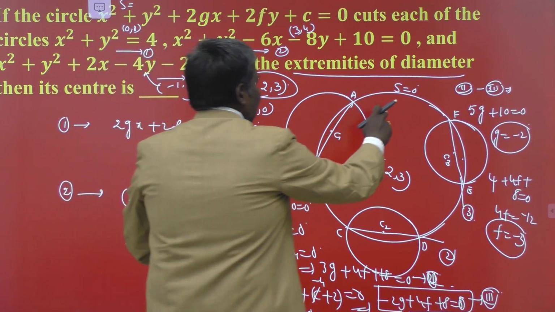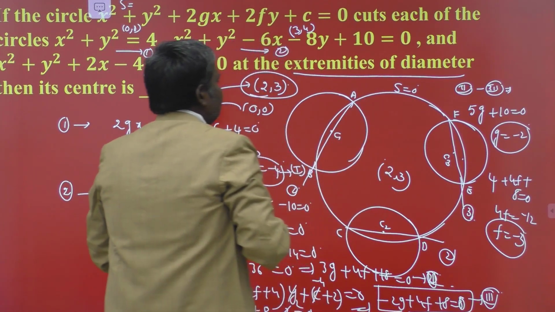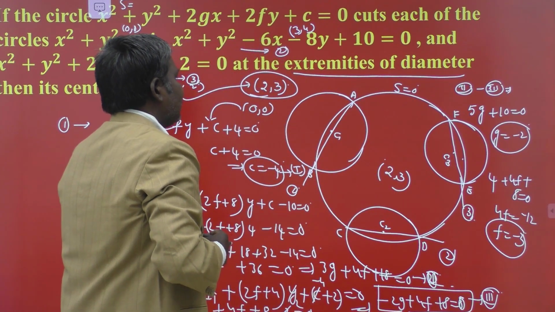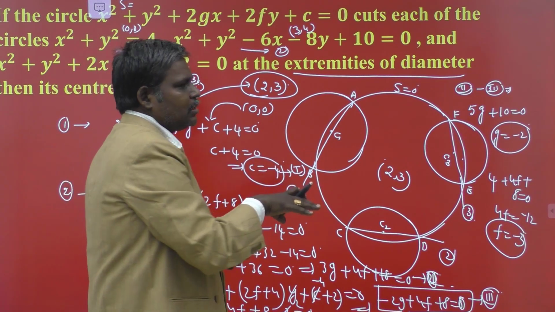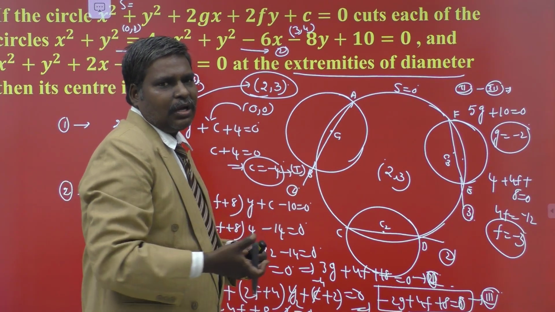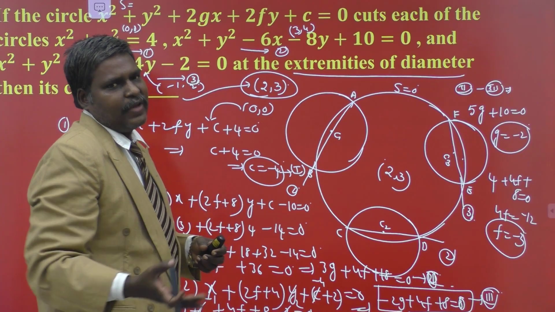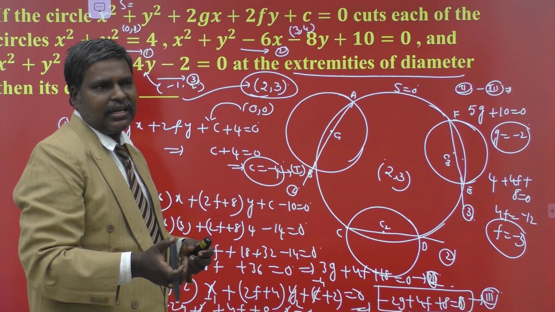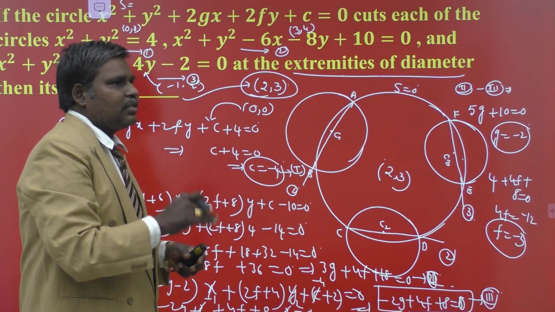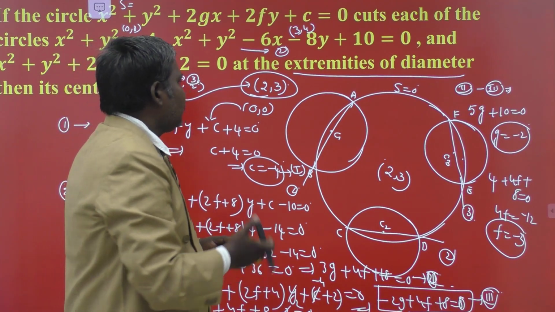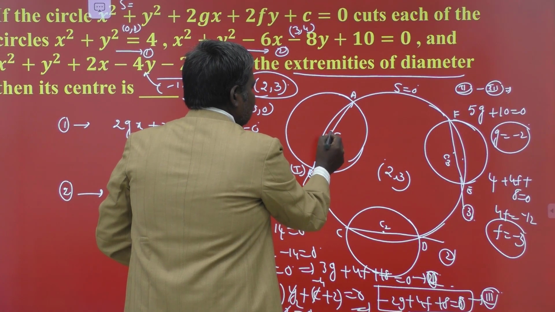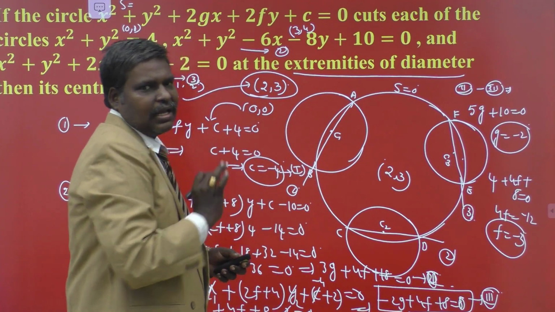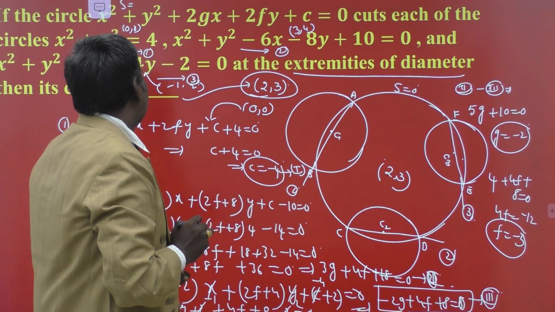You find the radical axes of S equal to 0 with the three circles. We have three radical axes. Substitute their corresponding centers in those radical axes. We get three conditions. Solve the conditions, and we obtain the f, g, c values. Minus g, minus f is the center of the circle, or substitute the f, g, c values in S itself, and we get the equation of the circle. So the radical axes of these pass through the center of that circle. That is the idea behind this problem.